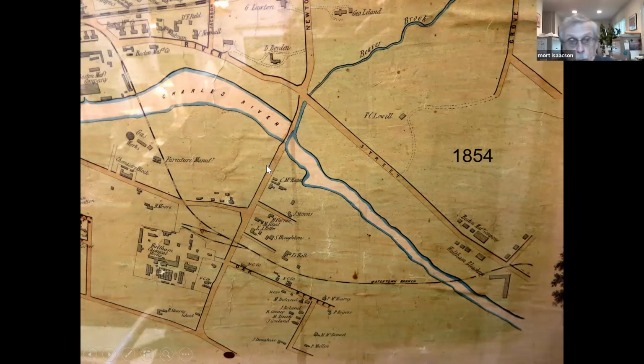You might notice, while I have this map up, that there are two railroad lines shown, and they're important. This is the Fitchburg line here, which still exists, of course, coming through by Central Square. And this is, by the way, Elm Street here, to give you some orientation. So the Fitchburg main line coming through here, but also there used to be, from 1851 until fairly recently, the